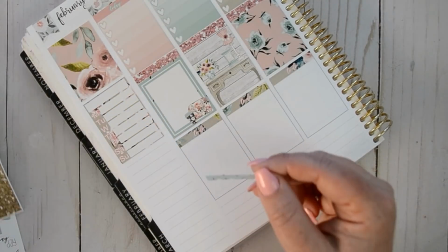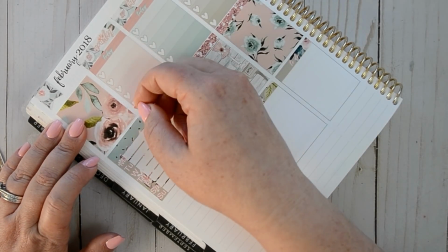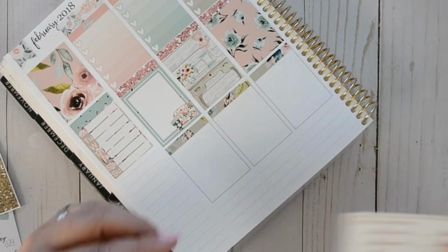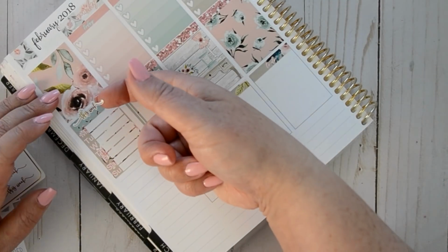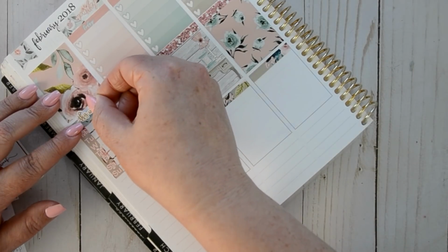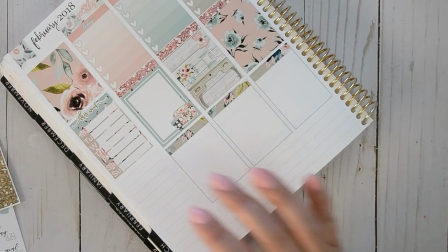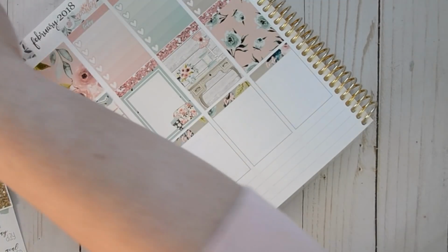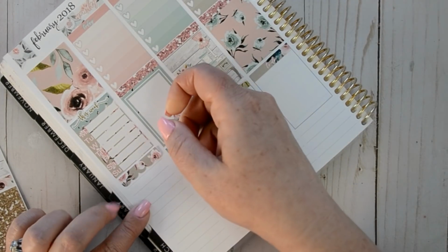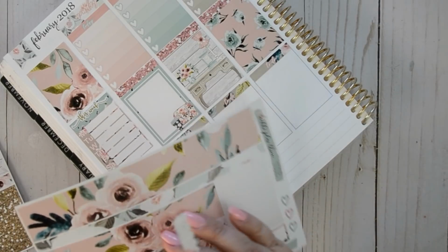We have these really, really, really cute scalloped boxes that I kind of want to layer on this top sticker. And then I want to go ahead and pop in the this week. I have to figure out the sizing. Oh, that's cute. Okay, maybe we'll use another scalloped box, even though that one's the same color. Because what I'm trying to do now is take up a little bit of space